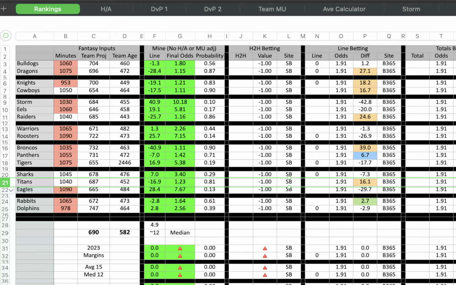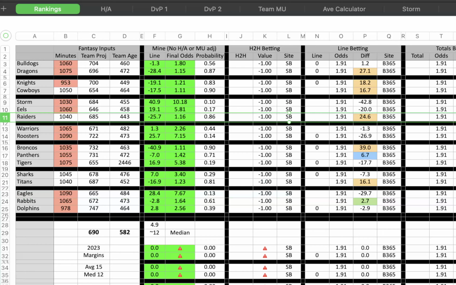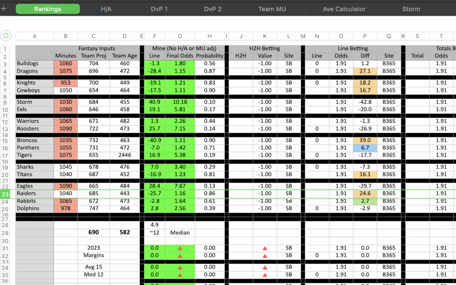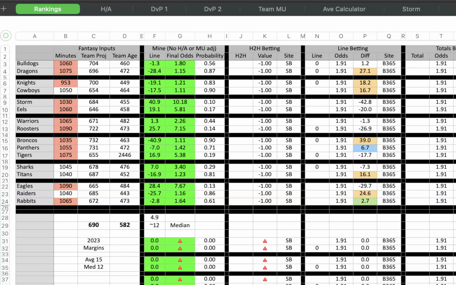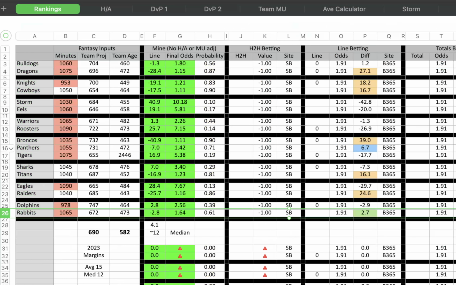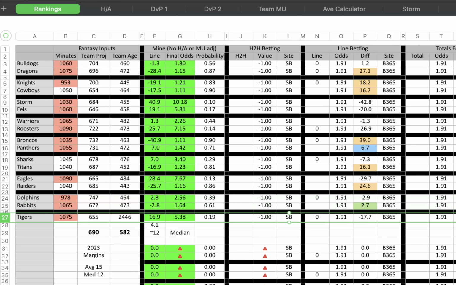The Eagles and the Raiders. The Dolphins and the Rabbits. And the Tigers are on the bye.